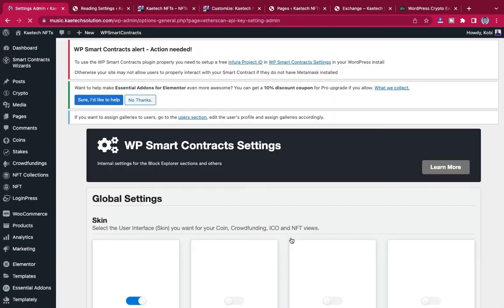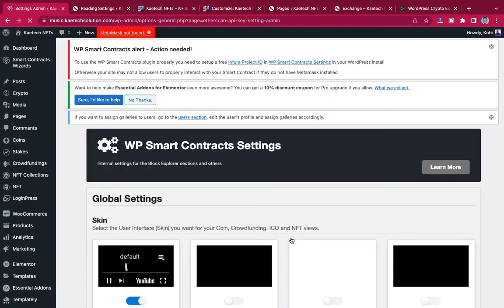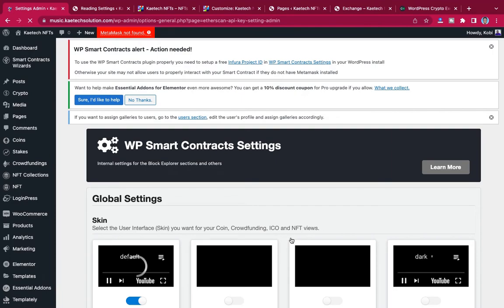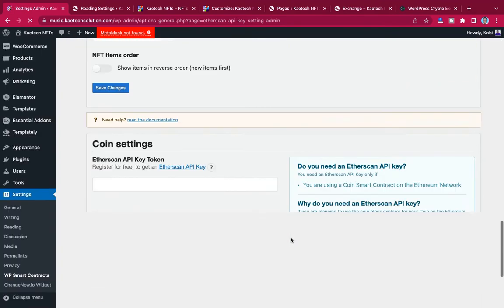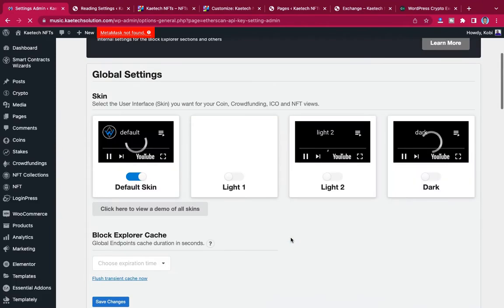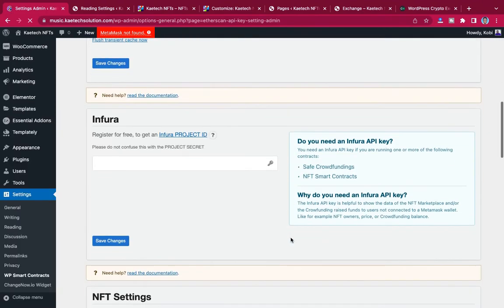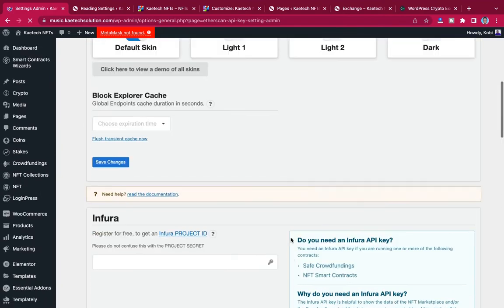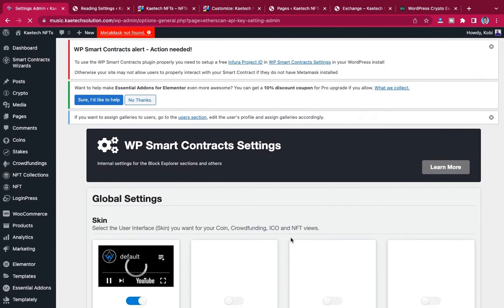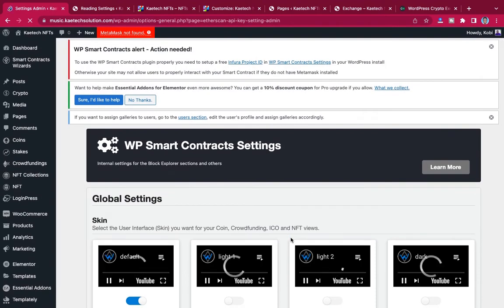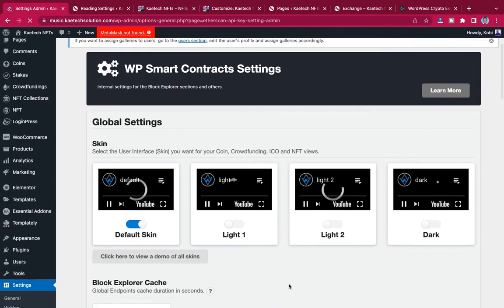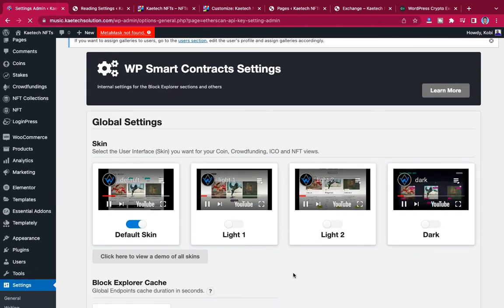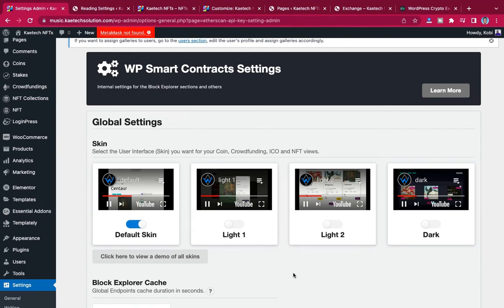So we are going to do the settings of the WP smart contract, and that's exactly what we are going to do. Now these are all the settings of the WP smart contract. Of course, we need a lot of API keys and some security keys and other stuff, and as we go on we'll be able to get all those keys. So first things first, let's check out the global settings, or the skin of our